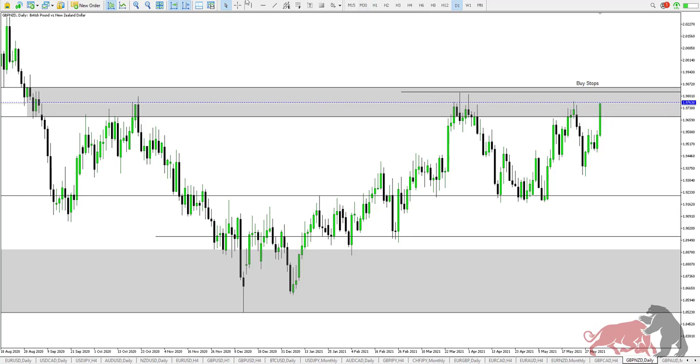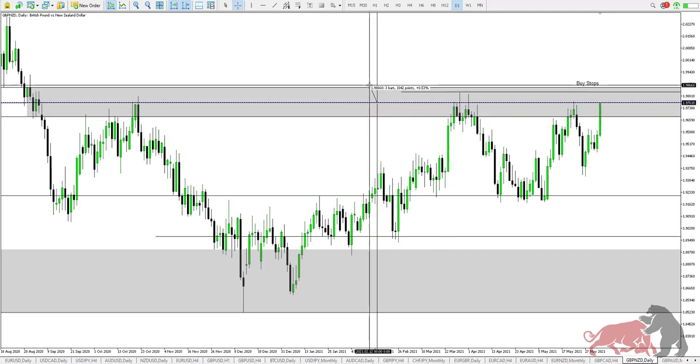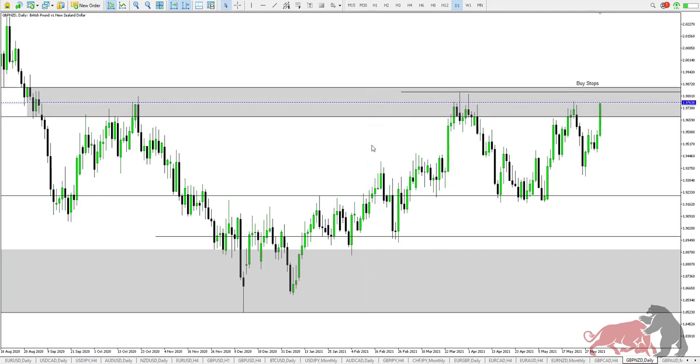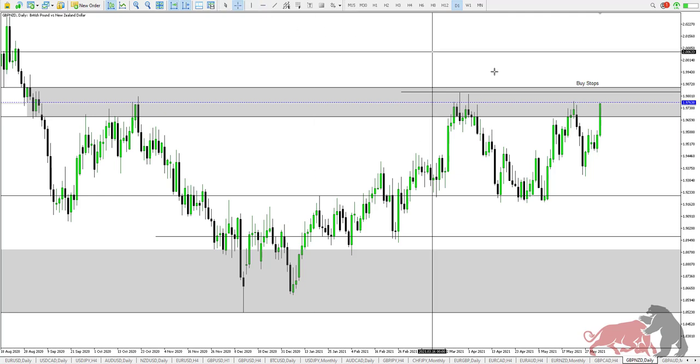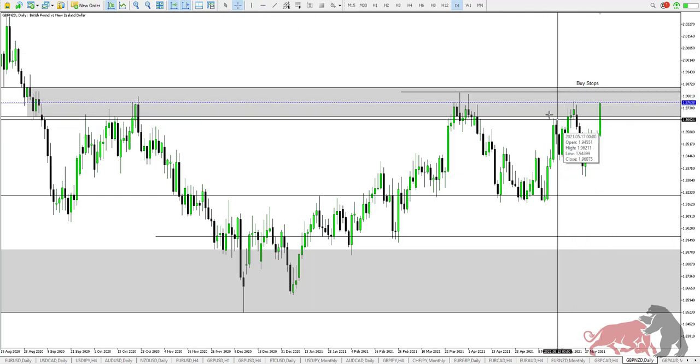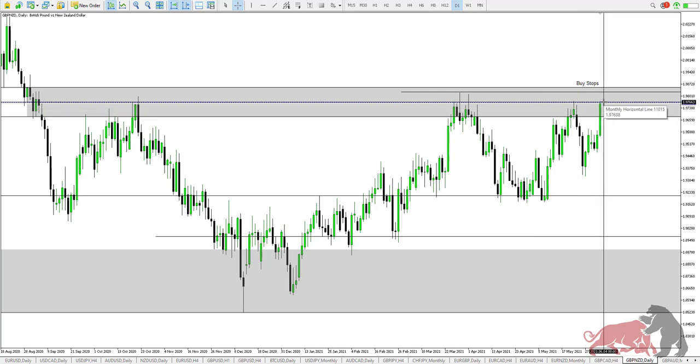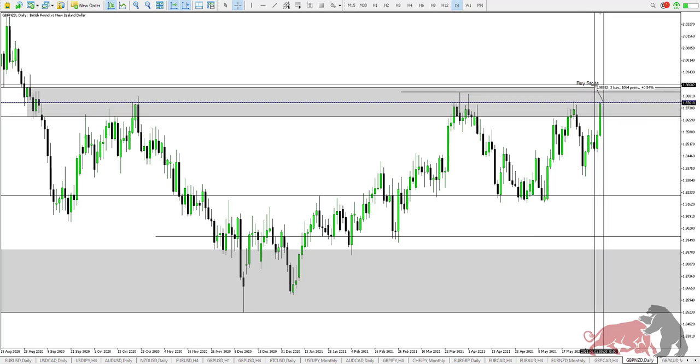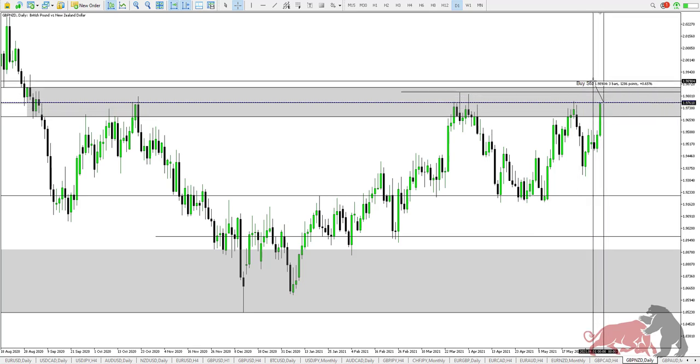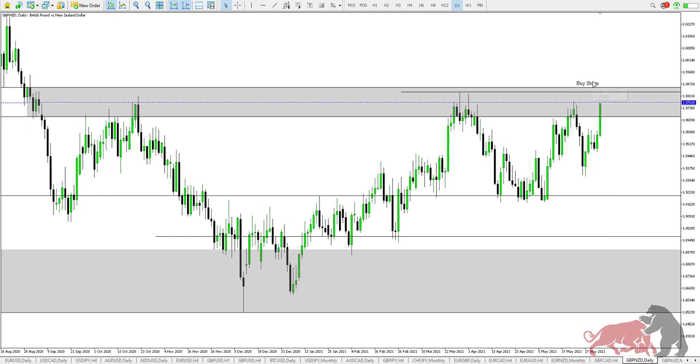If you are a risk trader, which at this moment in time, I wouldn't advise you to do that. If you are a risk trader, the moment price touches the 50% mean threshold, you can short, right? But you are going to have a stop of close to 130 pips. Yes, if you are trading minis and micros, then you can risk that, but that's still a bit steep in terms of the stop